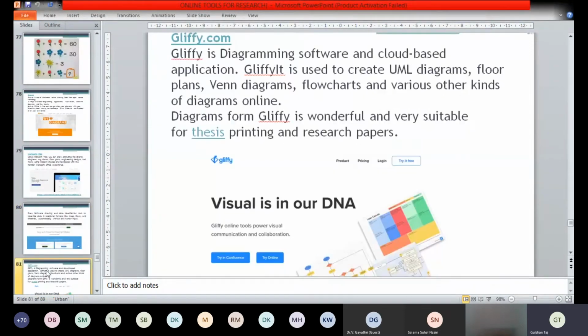So that is okay. Then there is another website called Gliffy.com. Again, it is a software where you can do the same thing, I do not want to repeat the same dialogue. Here also everything is possible. The only thing is you have to find out which one is required for you and which one you want.